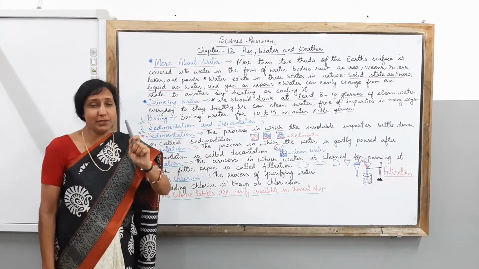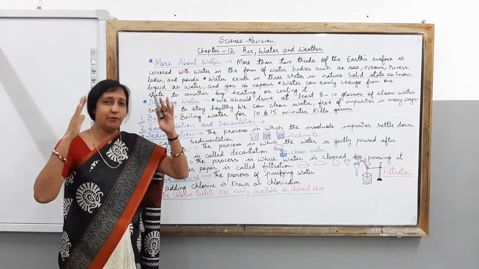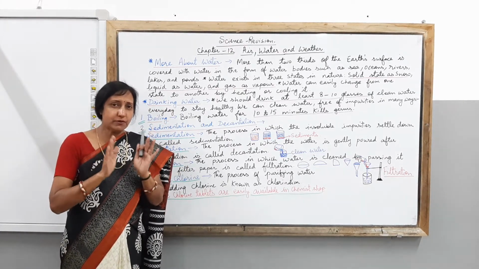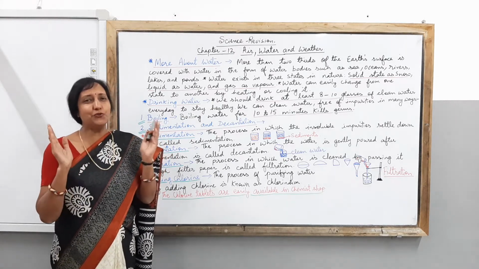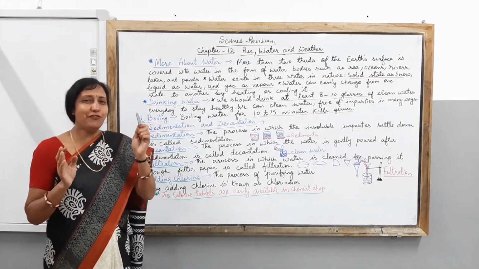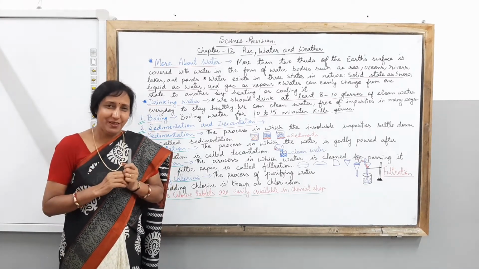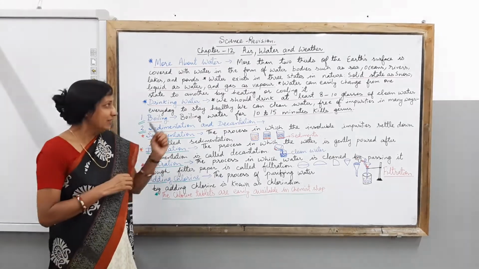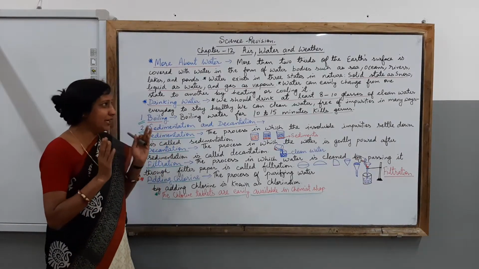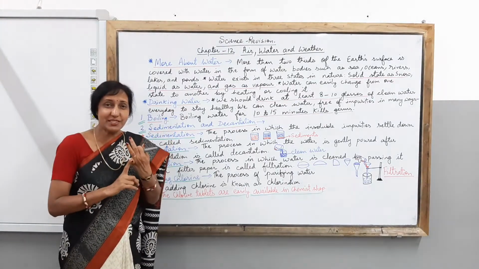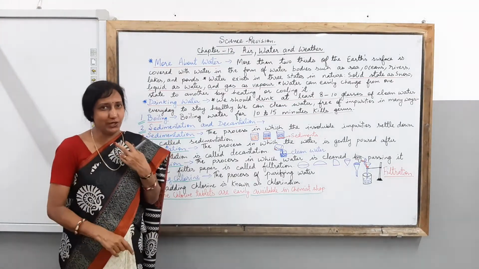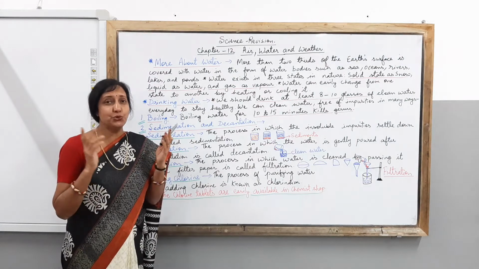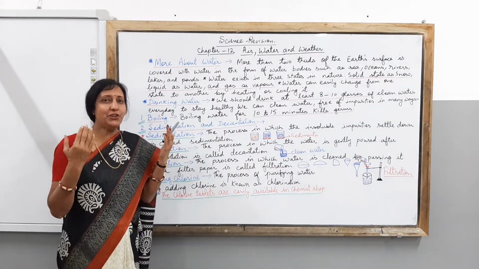As when you heated the water, it was going above in the form of steam. But if you are covering it with a lid and leave it for some time to cool it, after cooling, what you will find when you will remove the lid, you will find small droplets of water out there. So same droplets have come back in the form of water. So this is how it is easily changed from one state to another on 2 processes, when we heat it or when we cool it. Remember this children.